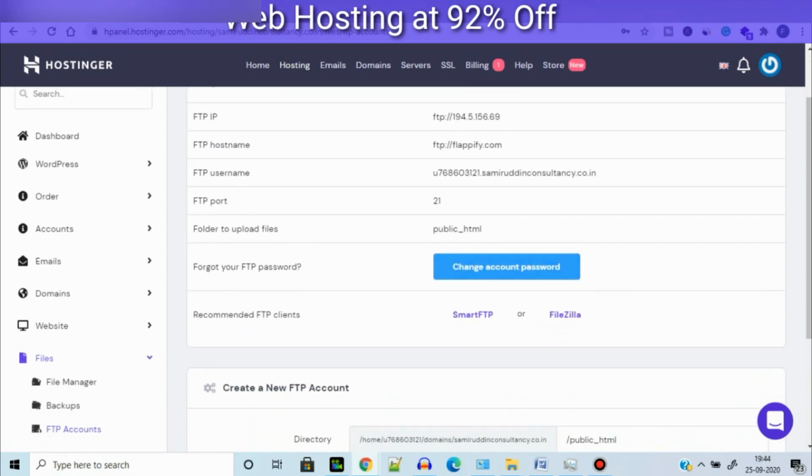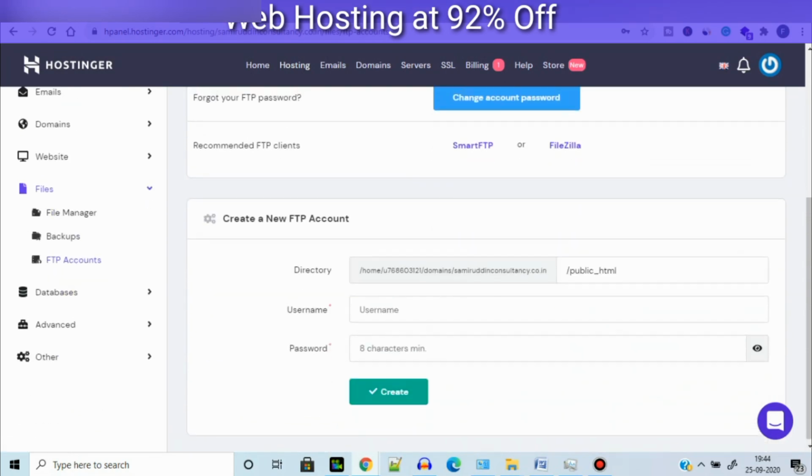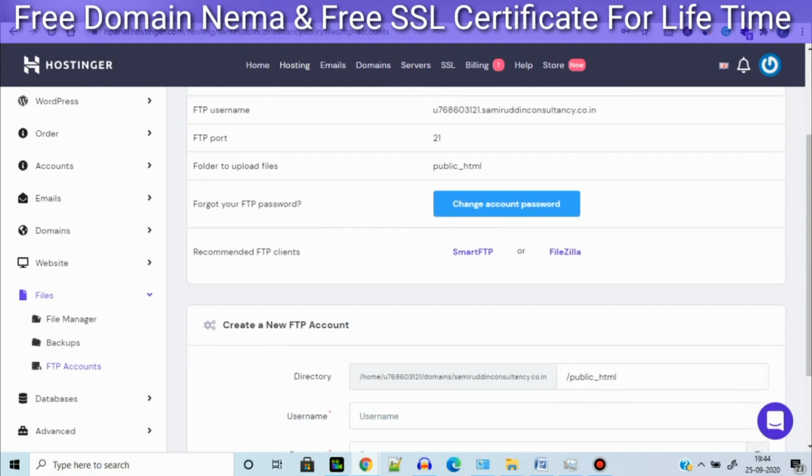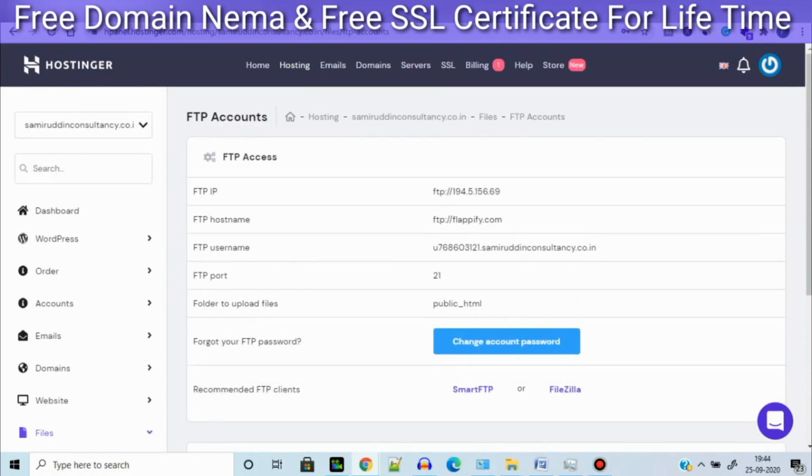You can also use it by creating FTP accounts, or you can access a program called FileZilla. You can also do the same from File Manager.